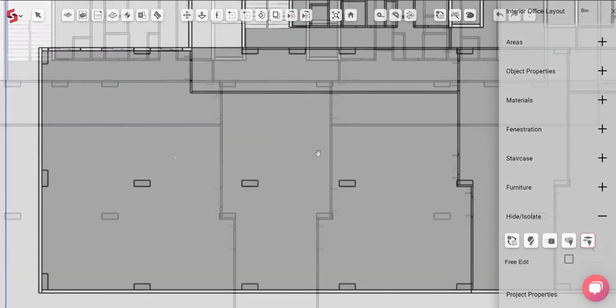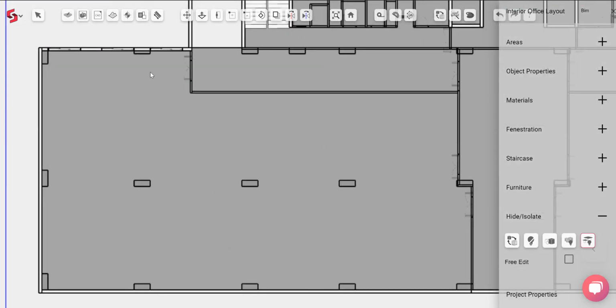Let's start designing the interiors. As you can see, these are the three main entry points to the office. Now there are two ways in which we can detail out the interiors. Let's start with the first method on this side, and I'll show you the second method on the other side